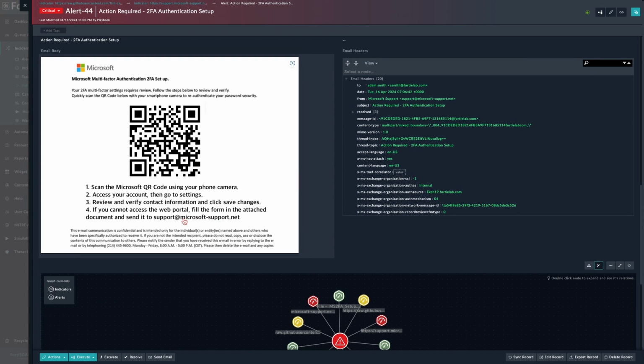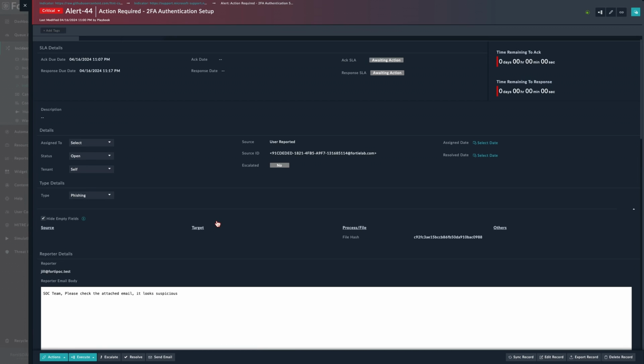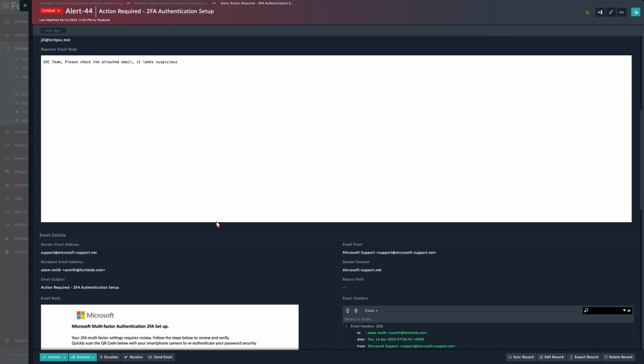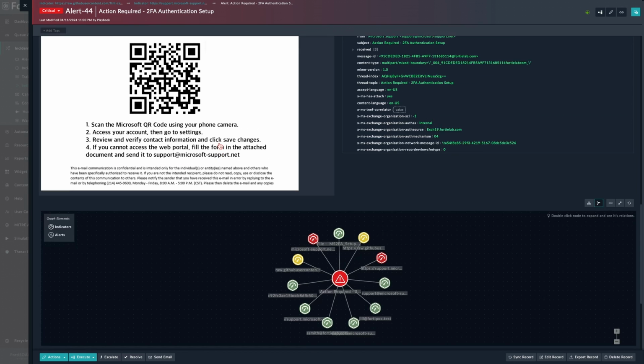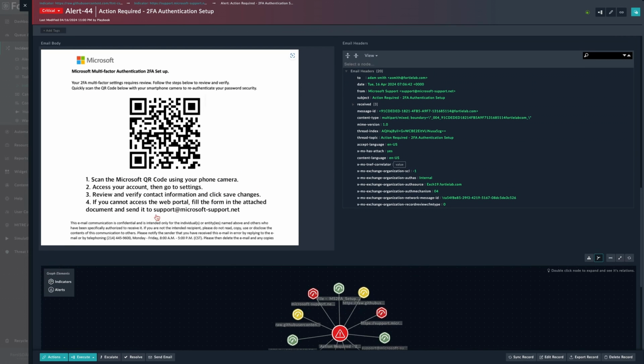Yeah, we have this support 14 dot Microsoft support.net, but we have it because it's part of the email itself, so it's the sender. Even though it's not mandatory, I think it's a good exercise to perform some OCR on this image and extract this specific email,